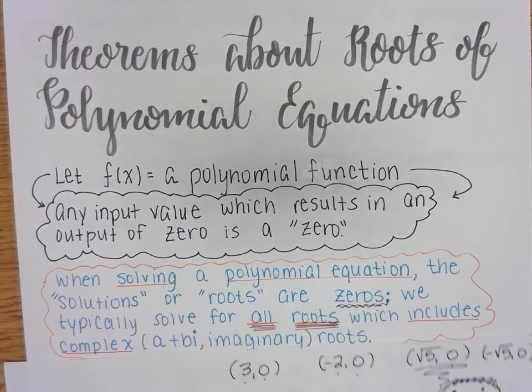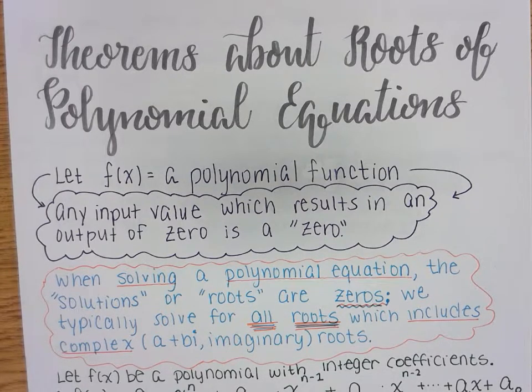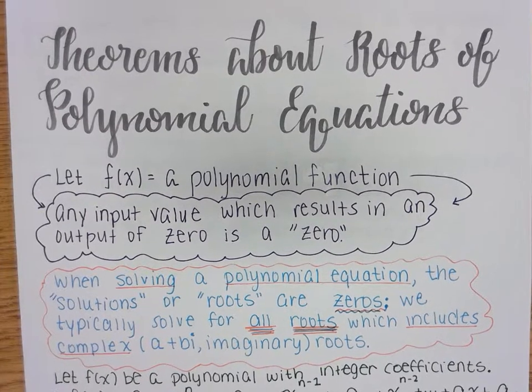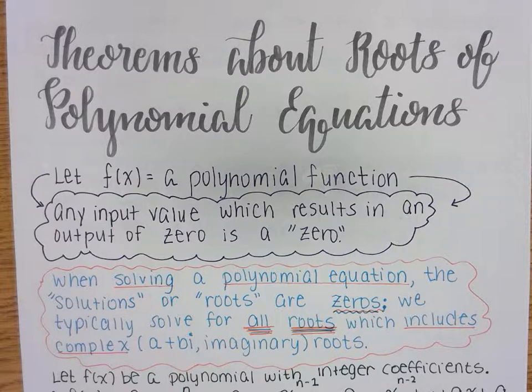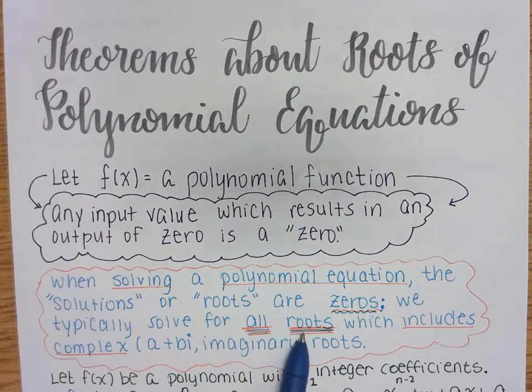When solving a polynomial equation, now I'm using the word equation, the solutions or roots are zeros. But to elaborate a little bit more, we typically solve for all roots, and that's not all the time, but a lot of times you have to read your directions. You have to be a critical reader. We solve for all roots, and if we're solving for all roots, that will include your complex roots, a plus bi, or if you want to refer to them as your imaginary roots, if you like to remember that better. But complex is of the form a plus bi, a real and an imaginary part,